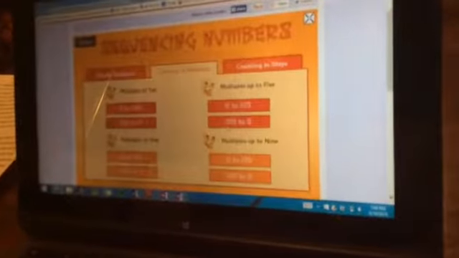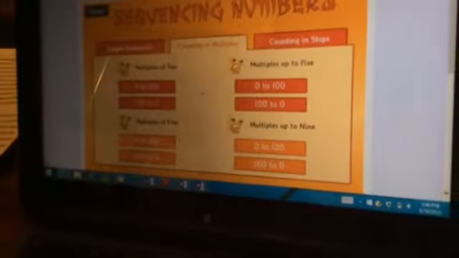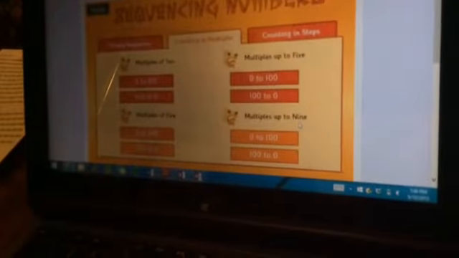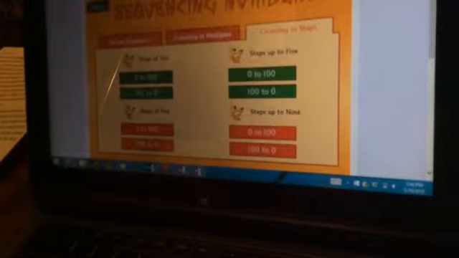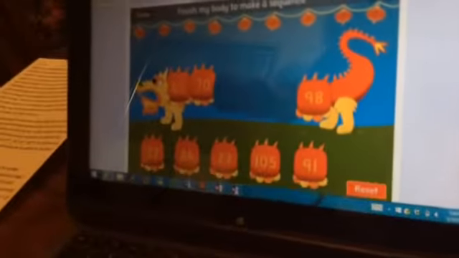So if we go into sequencing, you can see we can do simple sequencing, counting in ones, from even numbers, or counting in twos, and they will form patterns that you have to create. And then you can go counting in multiples. So as we just showed before, we can count in 3s, we can count in 5s, we can count up in multiples up to 9, and then we can also count in different steps. So if we go to counting in multiples up to 9, in this one,